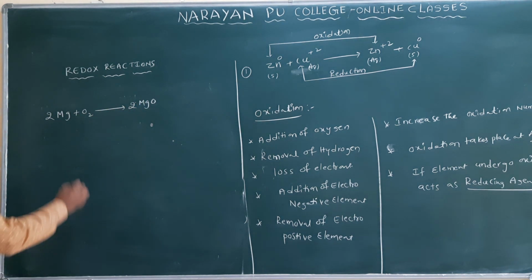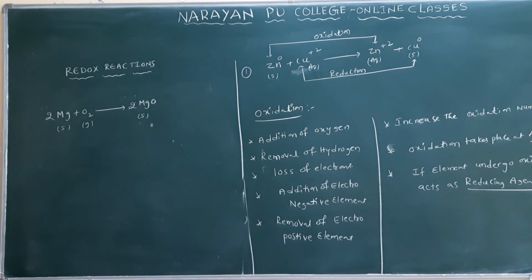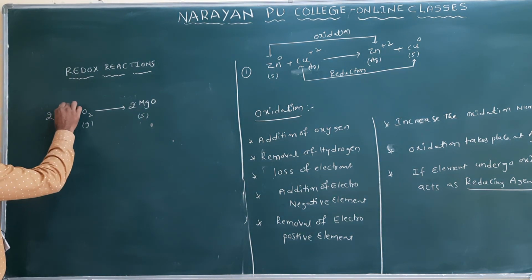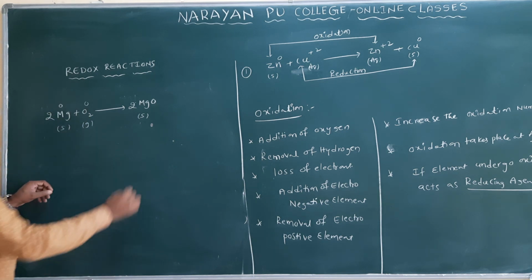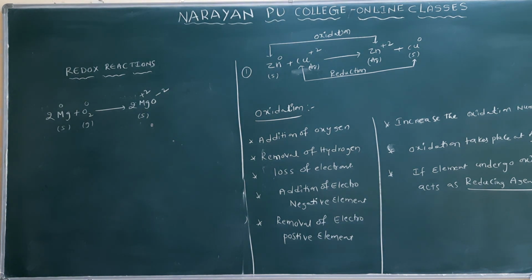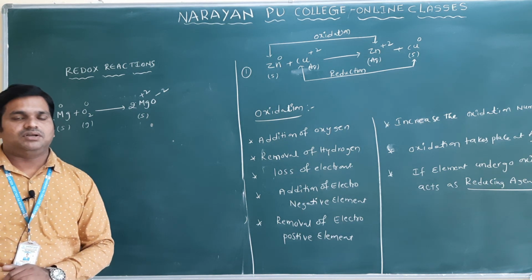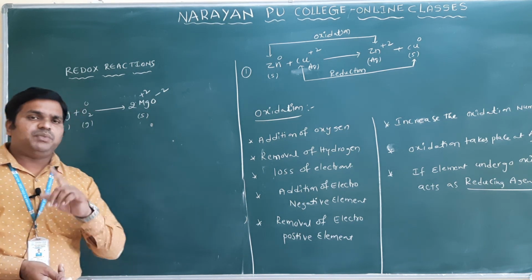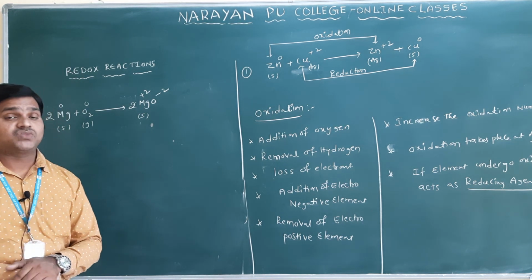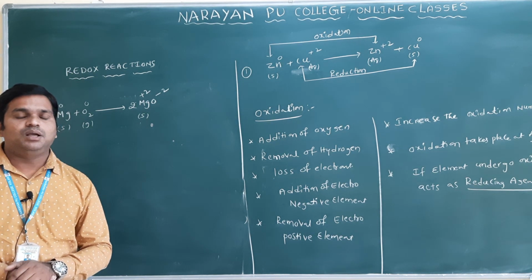This is balanced only. So this is a solid and this is gas and this is a solid only. So we will see that oxidation in terms of oxidation number. I will write oxidation number for magnesium 0, oxygen also 0, and here magnesium 2 plus and oxygen 2 minus only. Sir, how can you know this oxidation number? We will discuss next how to find out the oxidation number. Up to now, just keep this point: magnesium belongs to second group element only, so its oxidation number is plus 2. Oxygen belongs to sixth group element only, and its oxidation number in the normal oxides is minus 2 only.